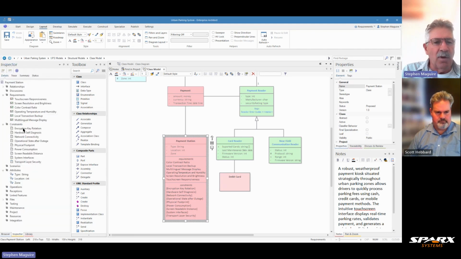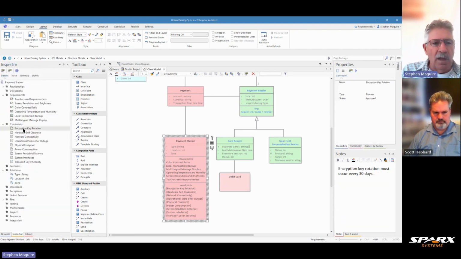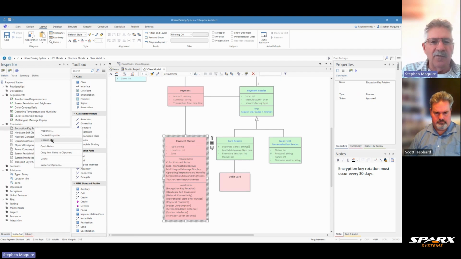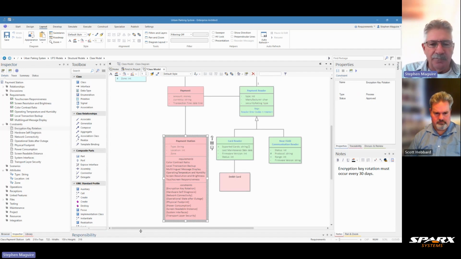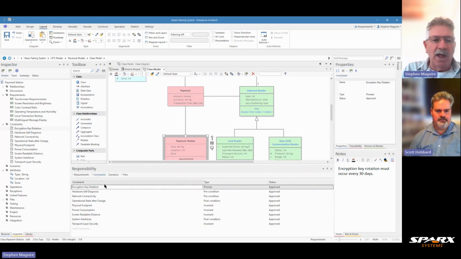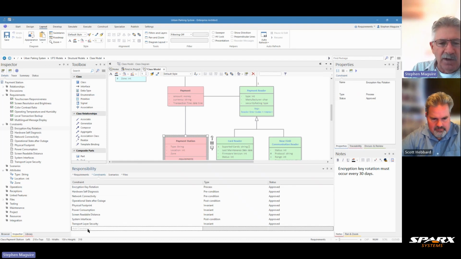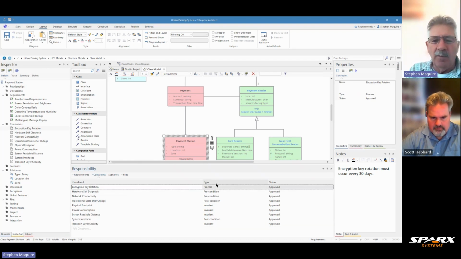We've got all of our requirements there. So I can look at this and I can say, let's just open this one up, and there it is. Let's have a look at this other option here, the open in list, and I can look at those down here in this window, and you can see now another place where we can view these. So again, we can add a constraint here. We can simply add new constraint there, but let's look at the ones that we've got and look at the type